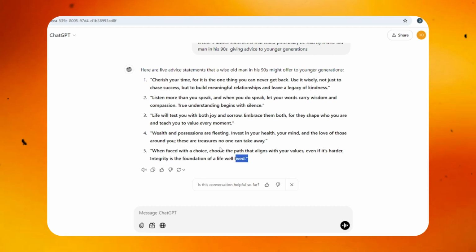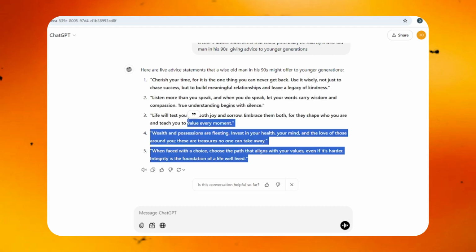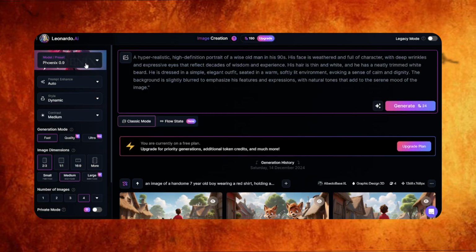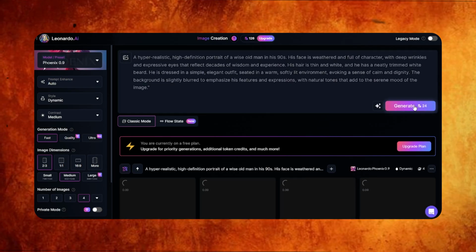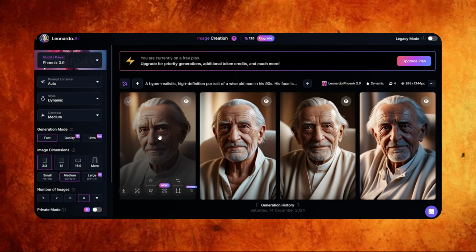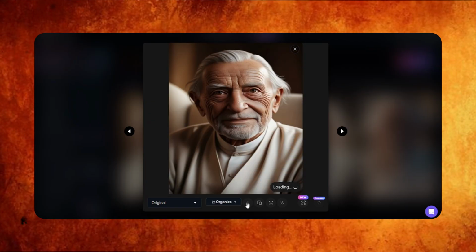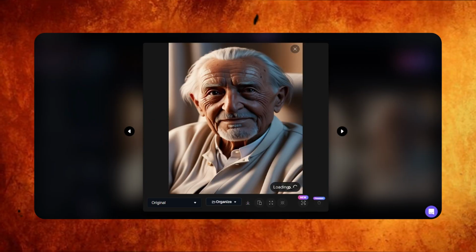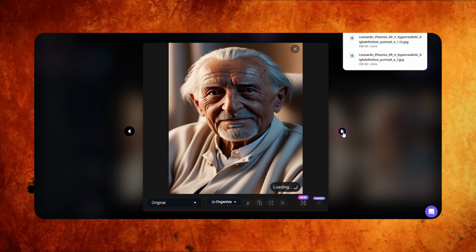And after this is done, you want to also generate some wise statements that the wise man in his 90s may advise. And secondly, you want to head over to Leonardo.ai to create an image in IG or YouTube format with the prompt generated from ChatGPT. And then you want to easily, when it is done, save it into your system and head back into DupDub,